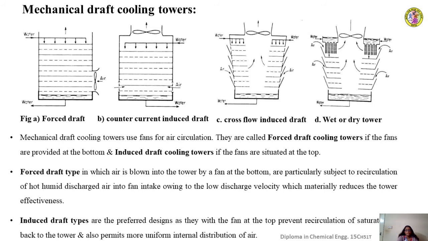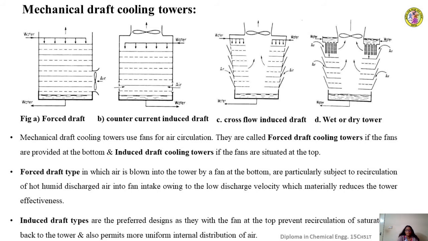In this case, the water is distributed at the top in such a way that it first flows through a set of pipes. The pipes will become warm, then the air entering at that point gets warmed without having come into contact with water. So there the indirect contact is established, whereas in the lower part and the middle part, the air is coming into direct contact with water. Hence it is also called a wet and dry tower.